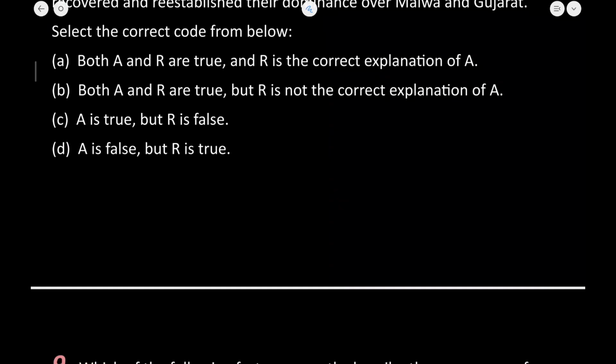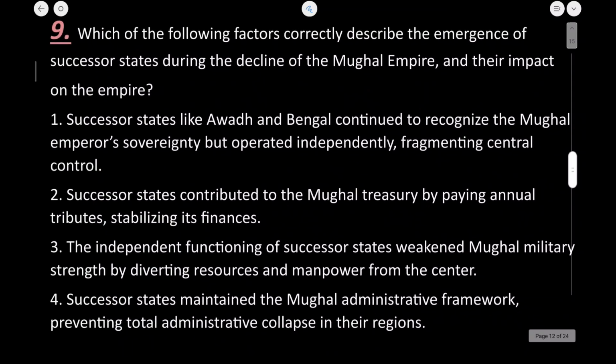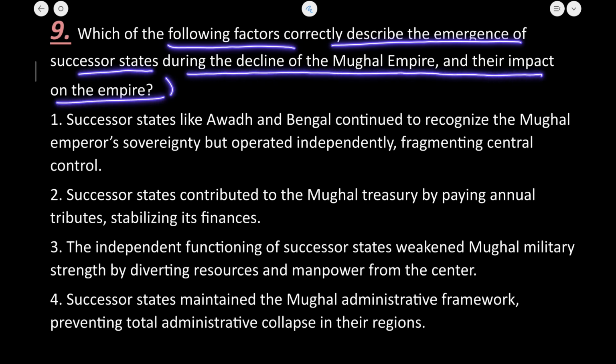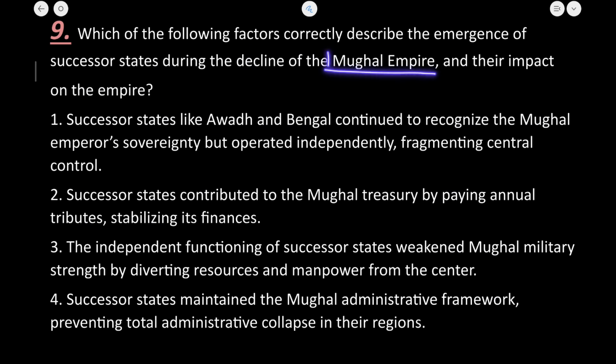Let us now see the question number 9. Question number 9 क्या हमारा? Which of the following factors correctly describe the emergence of successor state during the decline of Mughal Empire and their impact on the empire? अभी कोई भी state अगर कोई भी empire अगर decline करेगा, so there must have been political reasons, social reasons, economical reasons. सो जितने भी हमें जेनरिक स्टेटमेंट देखने को मिलेंगे वो सारे के सारे समवट रिलेटेड होंगे।